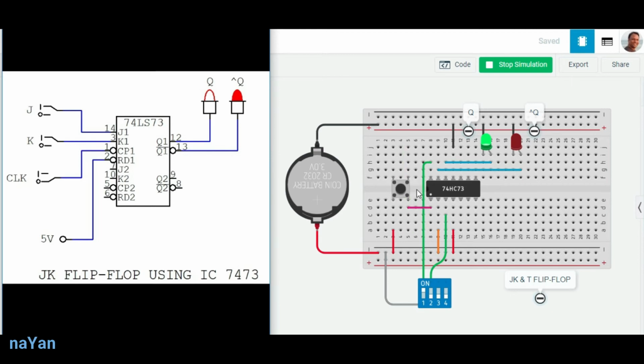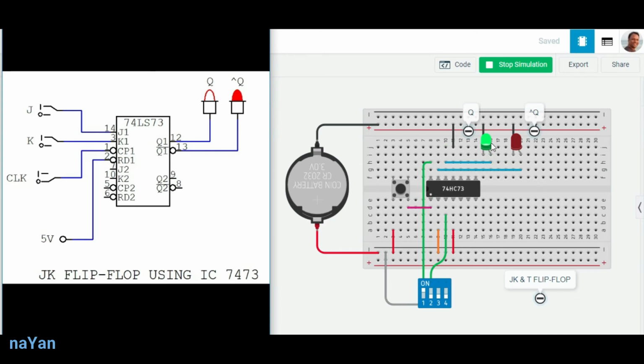In this circuit we are using this push button as our manual clock. When we push, it will not work. When we release, it will work, because it is a negative edge triggered clock. So when we give input 0, the clock is applied. As we discussed earlier, this clock is a bubble input clock, so we have set a push button here for that purpose. From the push button output, pin number 1 is connected, so this is our clock input.